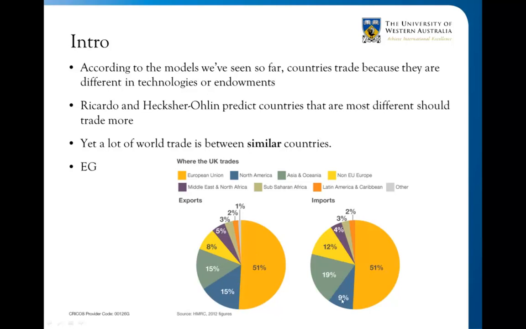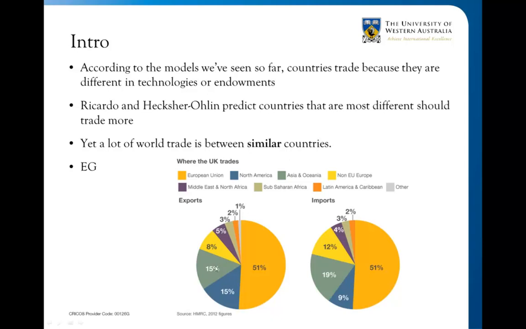Of the rest, what have we got? 15% of their exports and 9% of their imports are with North America. Again, the US and Canada mainly. And so these are countries with similar sorts of endowments, similar standards of living, etc. So that's almost 60 to 70% of total trade in the UK is actually with countries that are similar. And the rest is